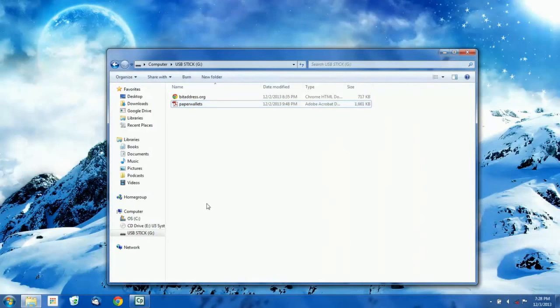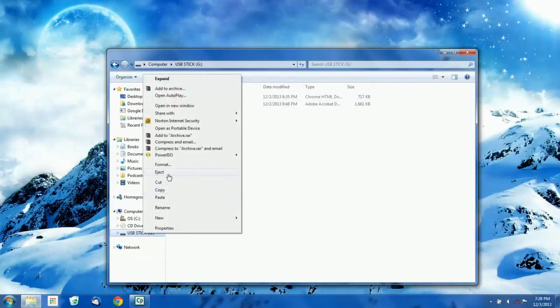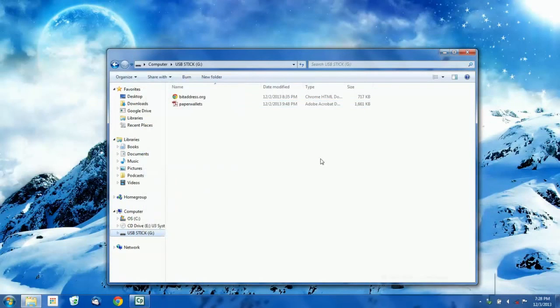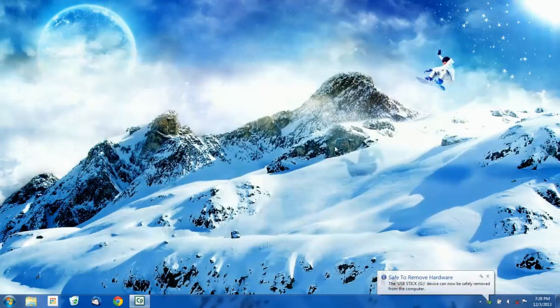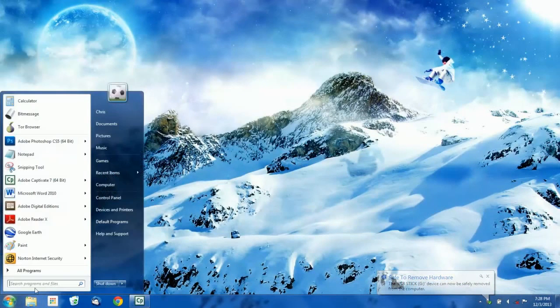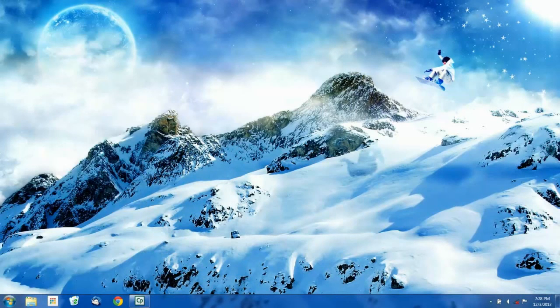The last thing you have to do here before reconnecting to the internet is obviously remove your flash drive. And you're just going to restart one last time. And that's just to wipe the memory of anything that